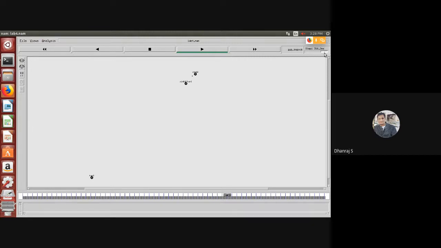Still, N1 is communicating with N2. Now it starts moving away from node N2. When it moves away from that range, the communication is again going to stop. That means no further communication exists between N1 and N2.